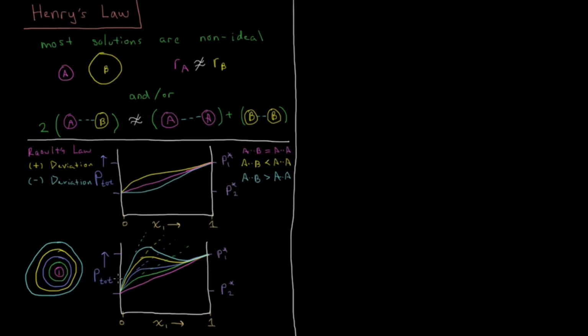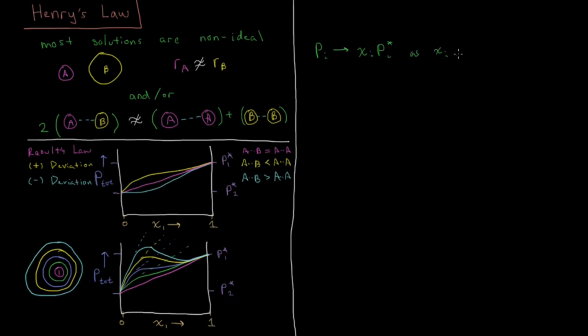Okay, so this leads us into our discussion of Henry's law, this type of non-ideal behavior at one end, and then the approach to ideal behavior at the other. So what we're going to have is that the vapor pressure of a component i in the solution is going to approach the mole fraction of i times the vapor pressure of pure i